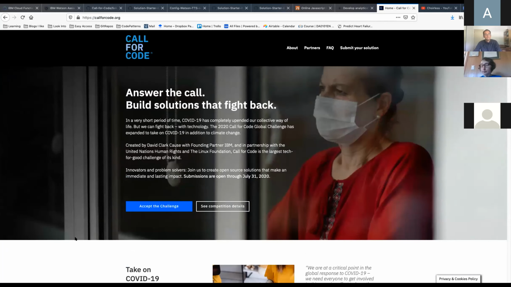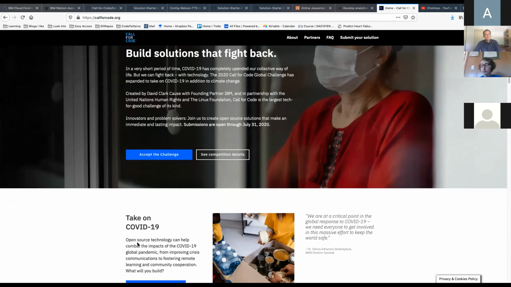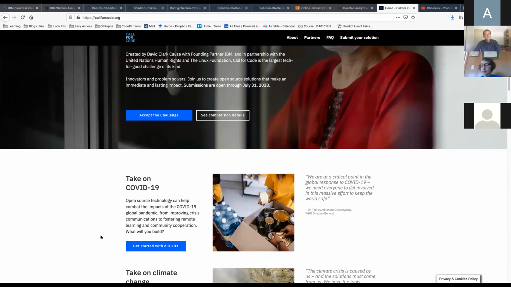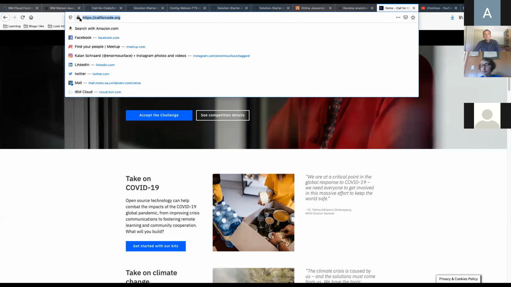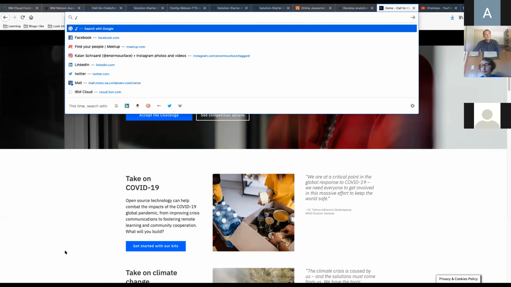You can submit the solution that you built today or through this teen hackathon for Call for Code, and if you win, IBM will help you and your team deploy this project throughout the world, and they'll give you around $200,000 to make your project go worldwide. So definitely take a look at this, but you do have to be 18 or older to enter.